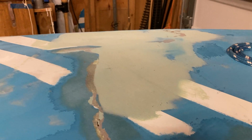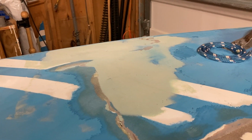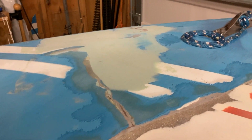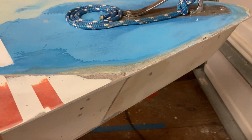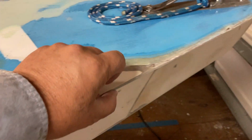And the split across the deck. First pass with the fairing compound. Now we'll go back and probably skim coat most of this. Might skim coat a good portion of it, and then just sand it back down with some 120. That's the seams all cleaned up with the sharp bits of epoxy